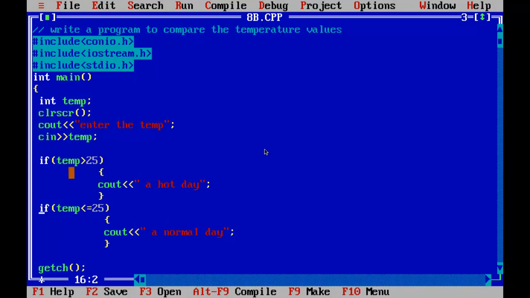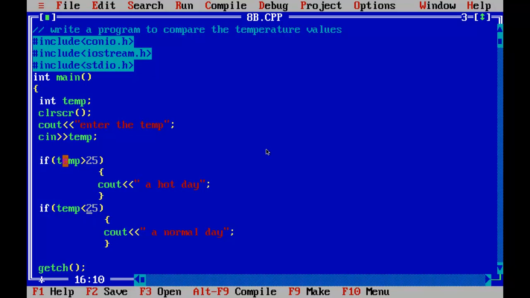In the second case, we enter 20. So temp 20 greater than 25, no, it will ignore this. Now 20 less than or equal to 25, yes, it will display this. So like this, we are checking values. We will apply conditions one by one. Okay, for example, we want to check this.